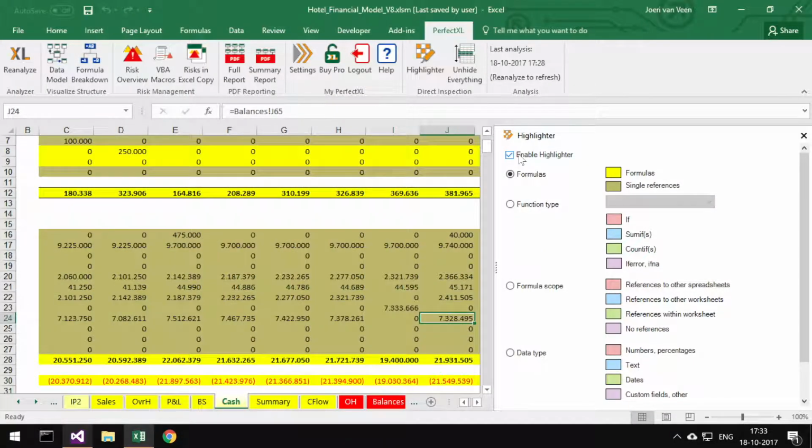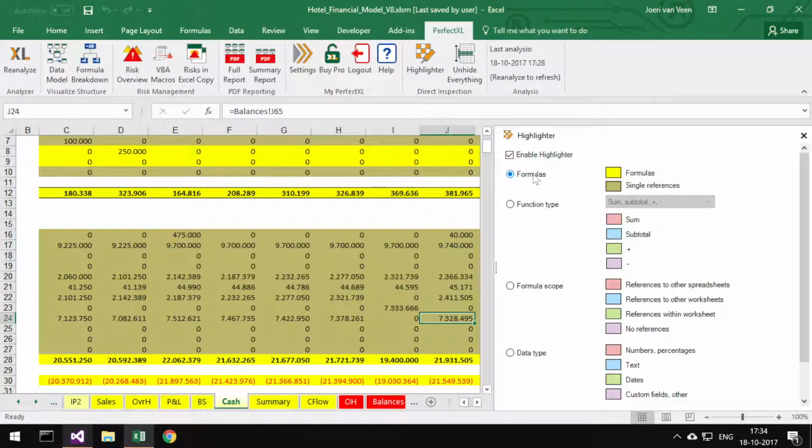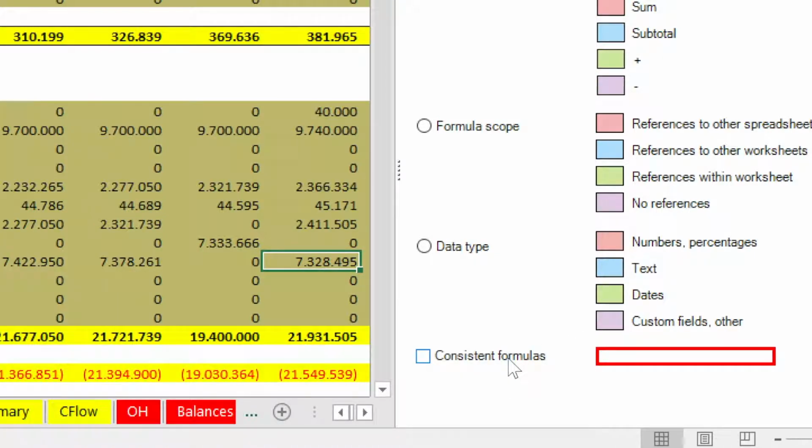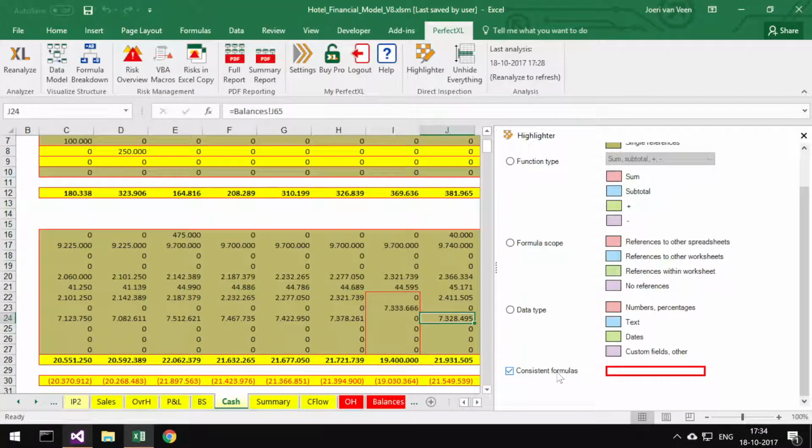Using the highlighter, we can temporarily replace the existing formats with colors indicating various aspects of the cell's contents, such as what functions are used or from where they're referenced, but we're primarily interested in where our formulas are and, by extension, where different formulas begin and end. When this Consistent Formulas checkbox is on, red borders are drawn around similar formulas, and it all looks pretty decent,